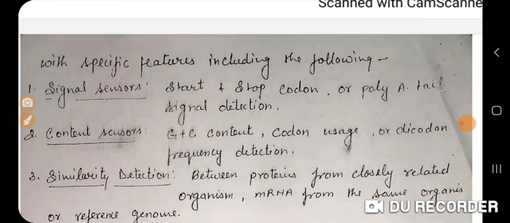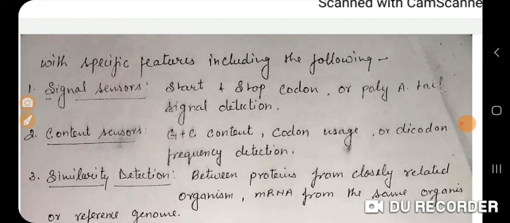They define the start codon, the starting of the translation, and the stop codon, the completion of the translation. This is the protein case, when we discuss protein. When going from DNA to messenger RNA, how will you identify that the synthesis of messenger RNA is over? In the end, you will find a poly A tail, a segment of A's. There is a discussion about how many A's should be there.